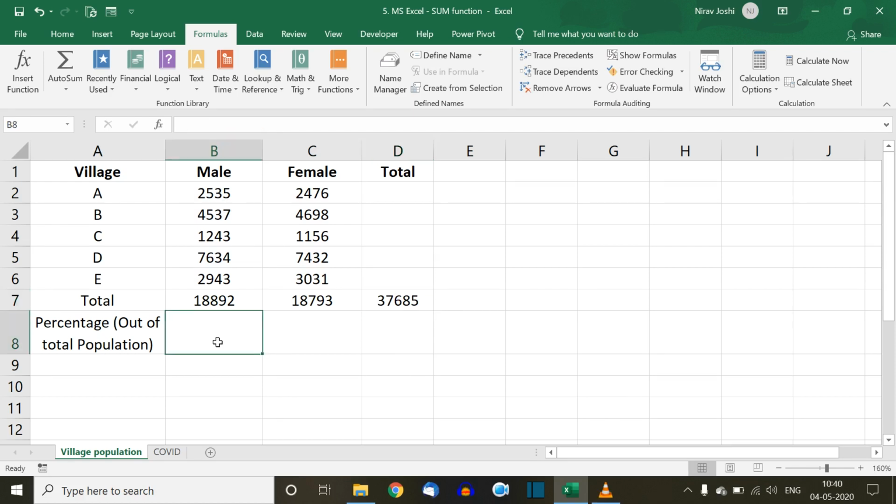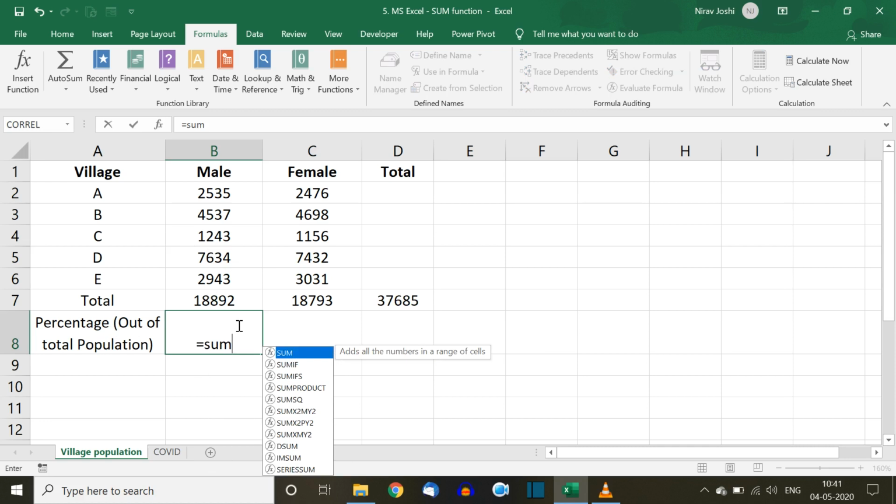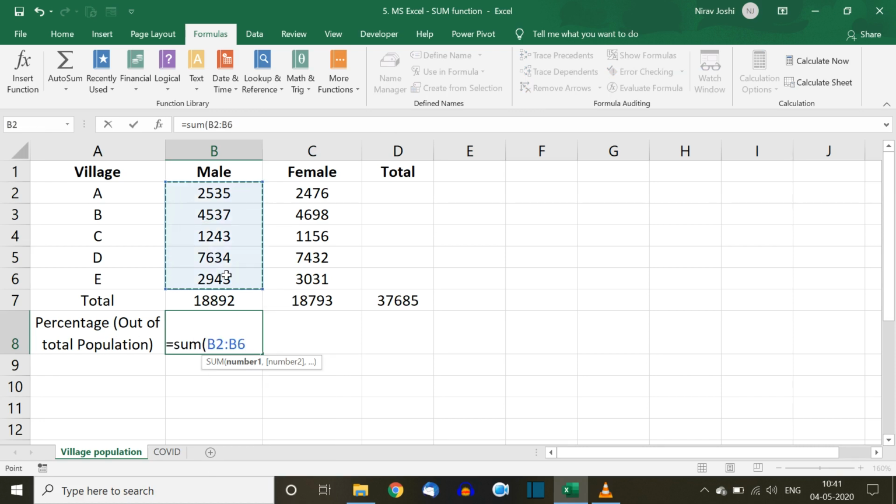Next, we can use this SUM formula to get the percentage of any data out of the total calculated data. Suppose I want to have the percentage of this total male population out of the total population of all the villages, then I can simply do it by SUM of these numbers divided by the whole population.